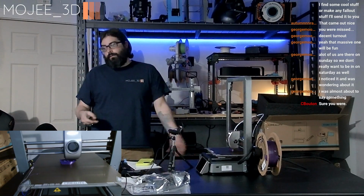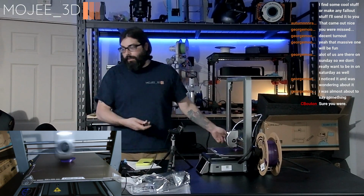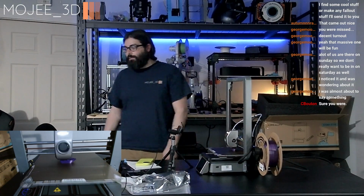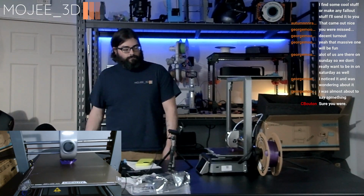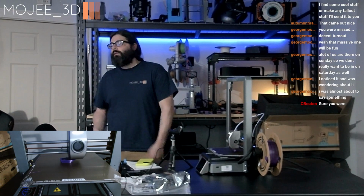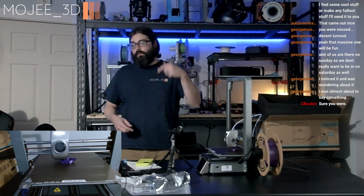Like I said, today we had 2 printers. We had this one and then the Anchor Make M5C. You guys got to pick. Actually, Data Mine was the first one. She said that, or I don't know if maybe we just decided the Ender. But somebody posted on Twitter too that they wanted to see the Ender over the Anchor. So next week we'll do